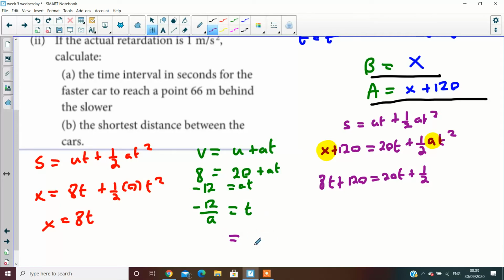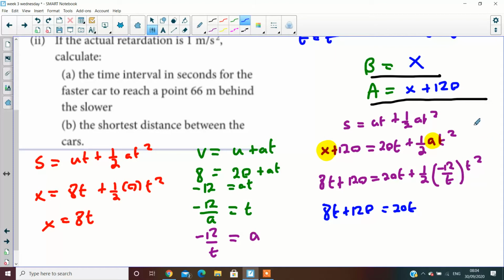Sometimes they just materialize differently. a equals minus 12 over t. My fault. So what do we put in here? Minus 12 over t and then t squared on top. All right, now I'm in business. Thinking too much. Now, 20t. That's 144. Sorry, no, it's not. Cancel that t with that t. Half it, and we get minus